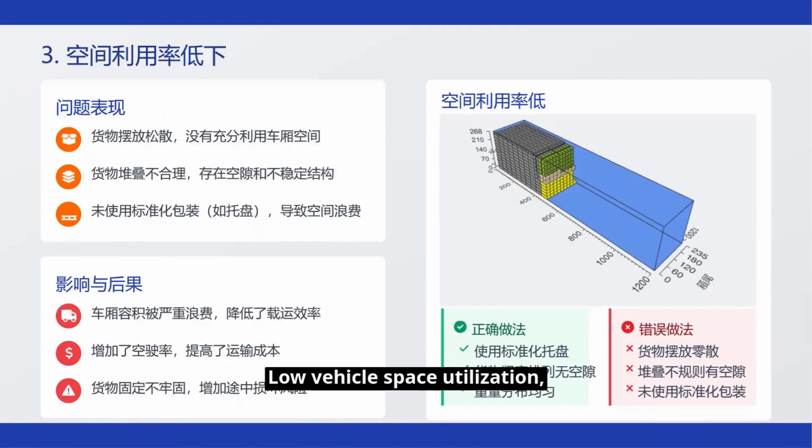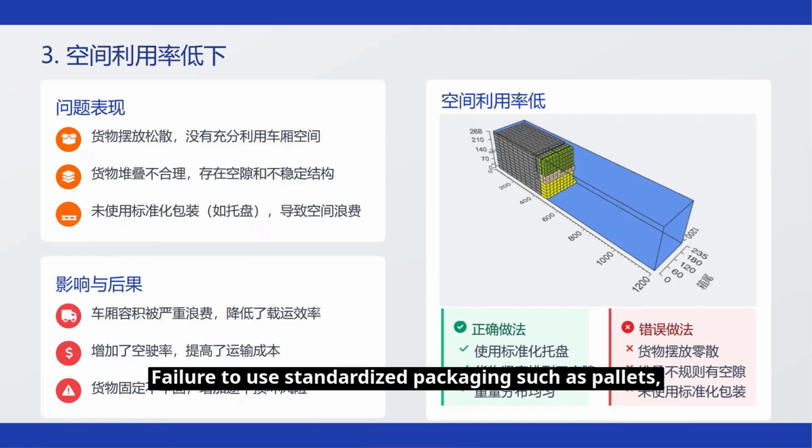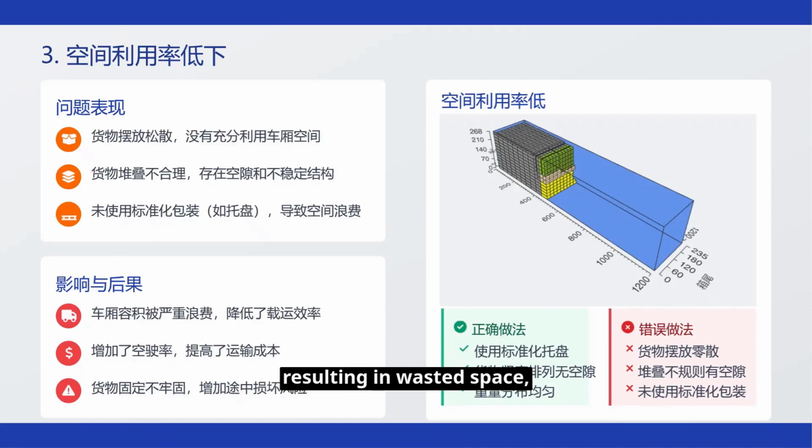Low vehicle space utilization is mainly manifested as loose placement of goods without fully utilizing the truck space. Unreasonable stacking of goods leaves gaps and unstable structures. Failure to use standardized packaging such as pallets results in wasted space, which means truck volume is seriously wasted, reducing transport efficiency and increasing the empty driving rate and transportation costs, and the goods are not firmly fixed, increasing the risk